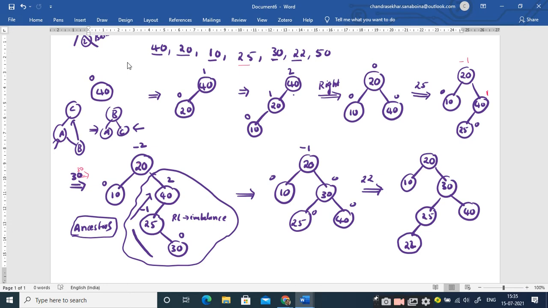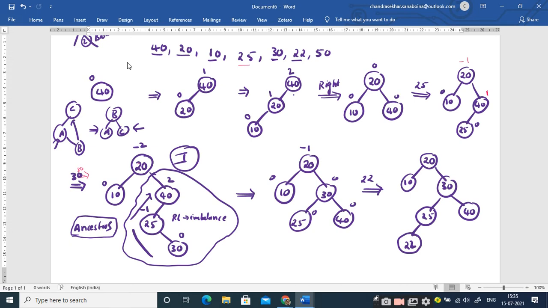So when two or more nodes are violating the balance factors condition, in such case you have to start from the inserted node and go towards its ancestors, and you identify an ancestor which is violating the balance factor first, and you have to perform the rotations at that particular ancestor. That is one particular important point I told. Here also you will come across another important point.